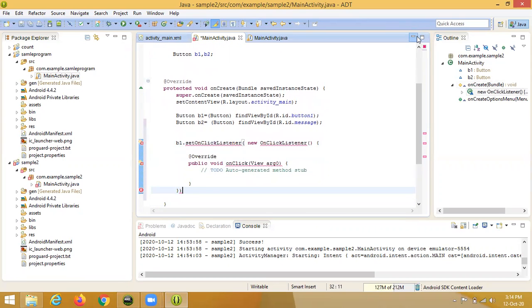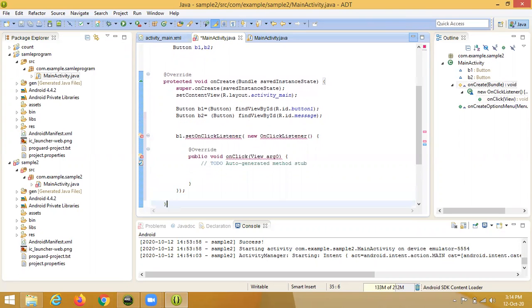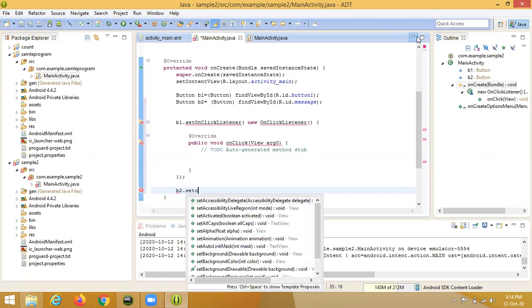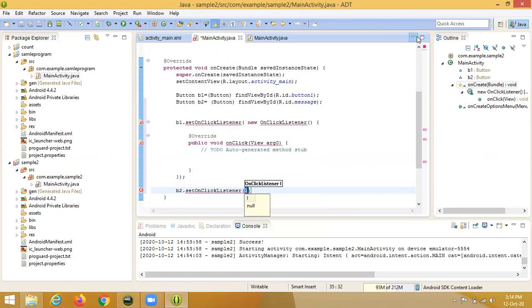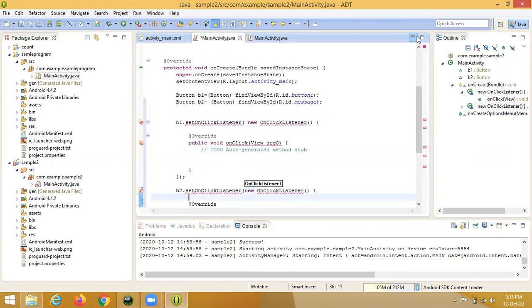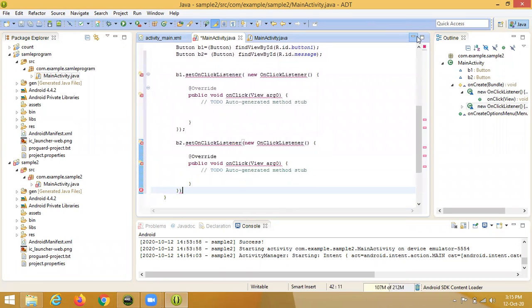In our main file, we write the program within the curly braces and give the semicolon. And for button 2, B2 dot set on click listener, new on click listener. This also shows an error, but it's not an error. We put the semicolon there.